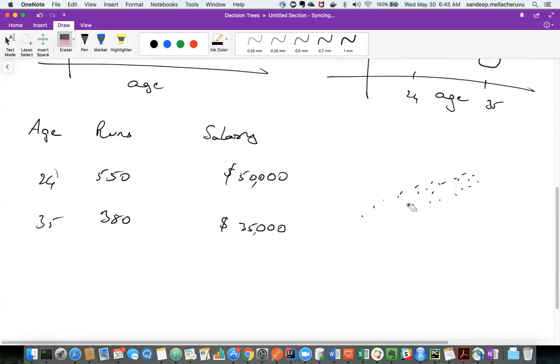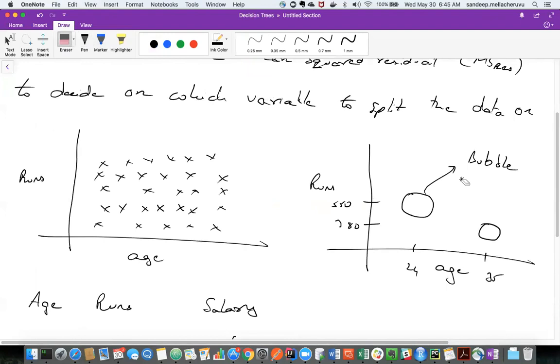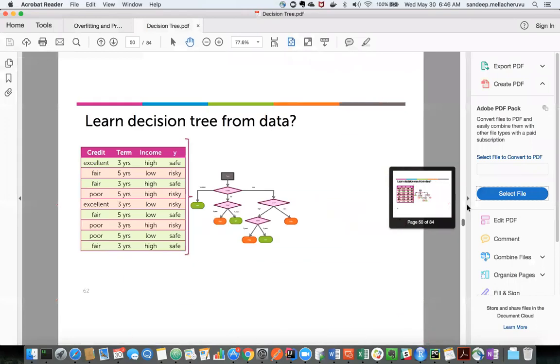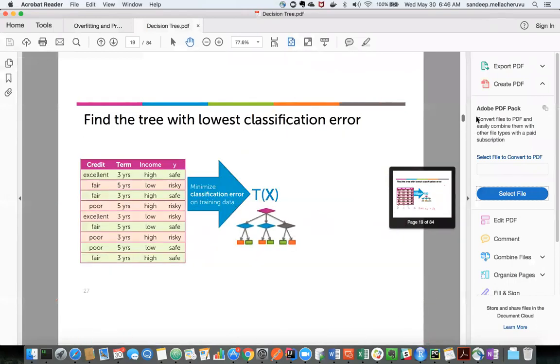If this kind of simple relation doesn't exist, then you have to go for some kind of tree-based model. One of them is the regression tree. So how will a regression tree work? Earlier we already learned that a regression decision tree just works by splitting the data on some column. The same thing applies here also. But if you go back to our original discussion of decision tree, when you do not split anything,